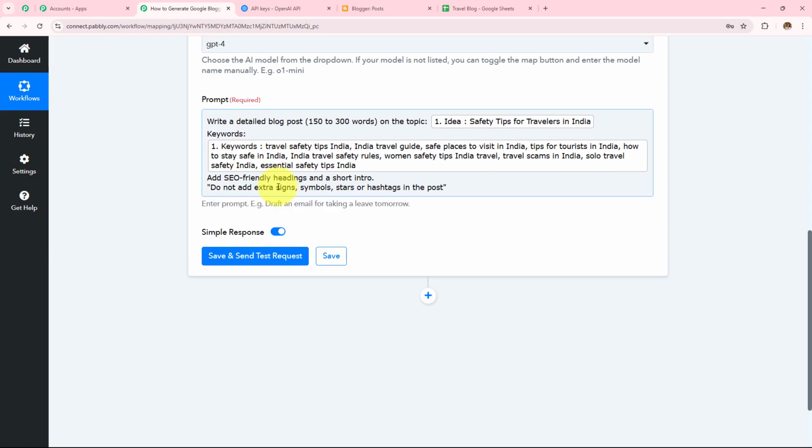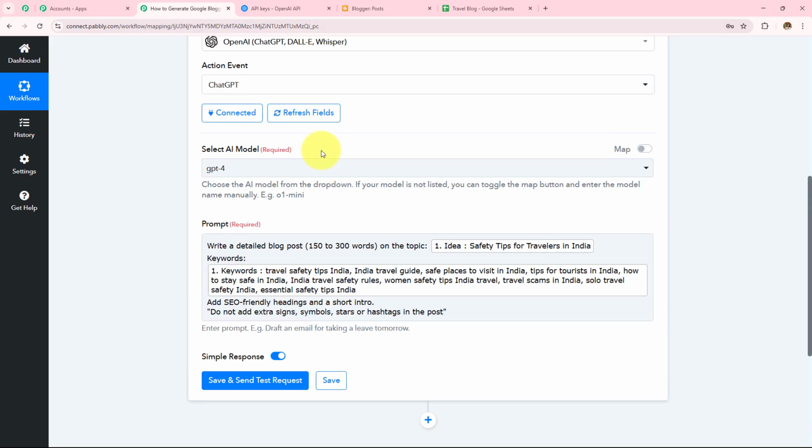I have mapped that. Now over here, mapping is important so that every time you receive a new response, it is taken into consideration in this field. Manually entering the data will make this field static and the information will not change even if you have received a new response. Over here, if I manually enter any detail, this field will become static, and every time I receive a new response, the result will not change. So as to keep this field dynamic, we use this process of mapping instead of manually entering the details.